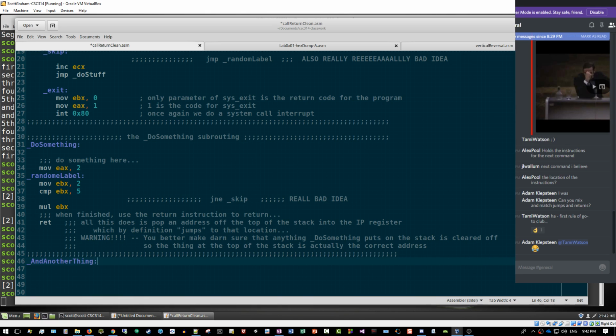Now, who can dig up what that's a reference to? And you know, we'll do some things in here. We'll move something into ESI. We'll move whatever's in EDI to ESI, and then we'll increment ESI because it's fun to do that. And then we'll call do something from here,